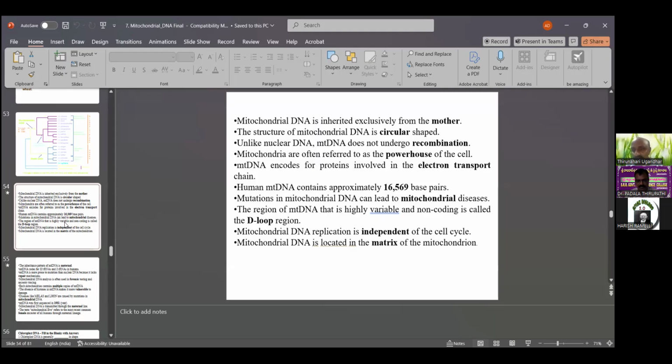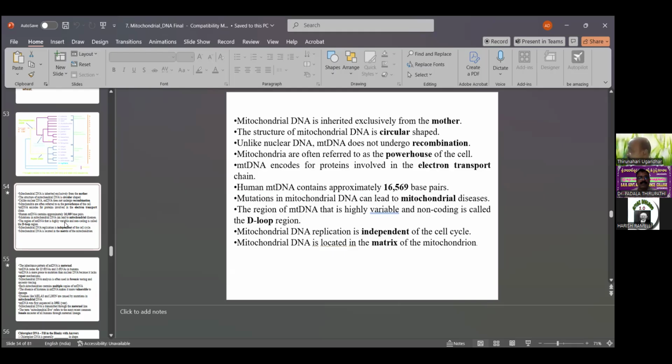Mitochondrial DNA encodes proteins involved in the electron transport system, the final stage of aerobic respiration: glycolysis, Krebs cycle, electron transport system. These three systems are major for the release of ATP. In humans, mitochondrial DNA contains approximately